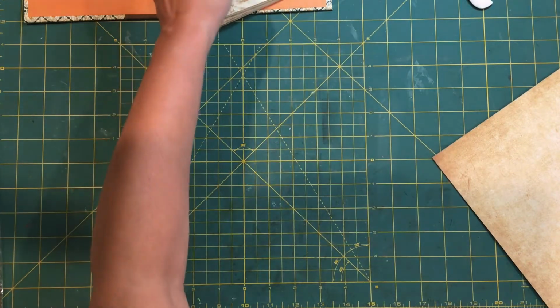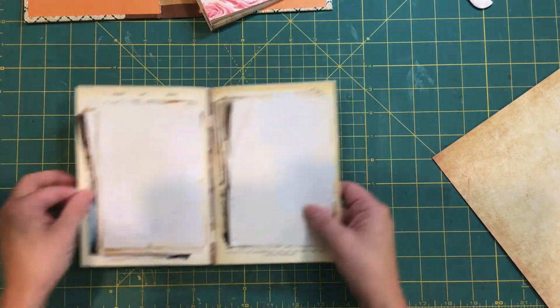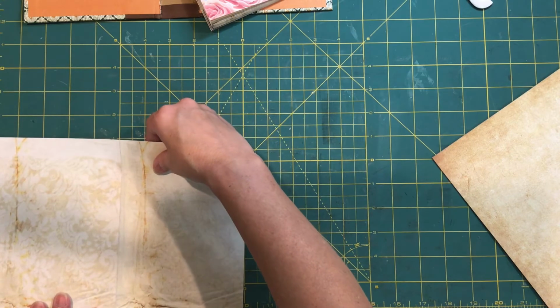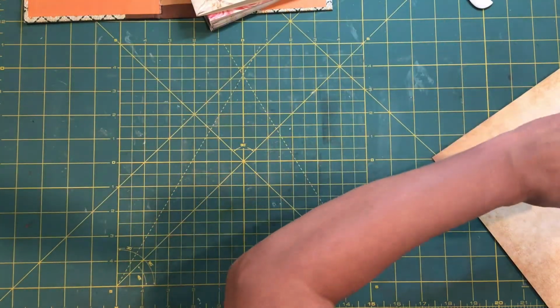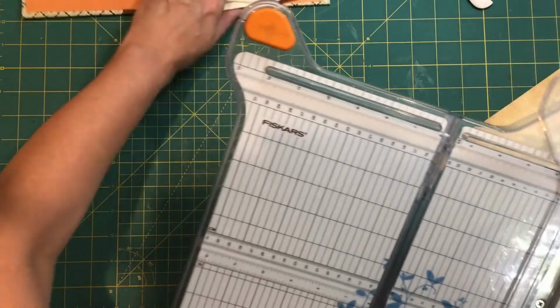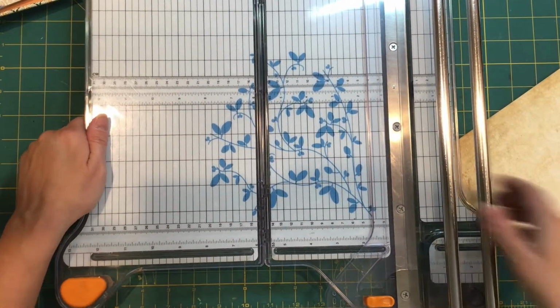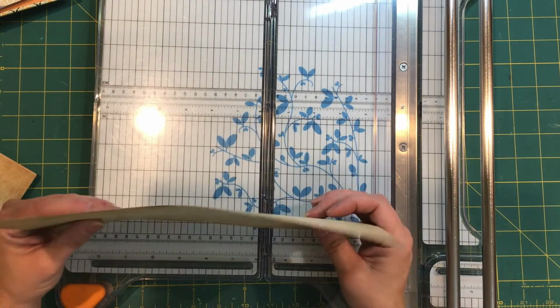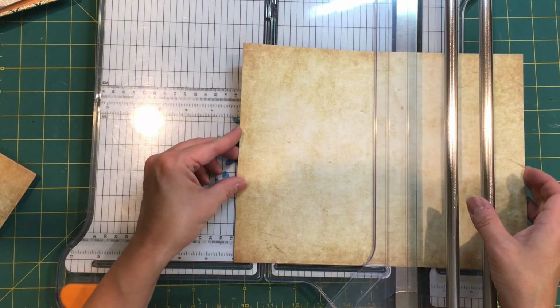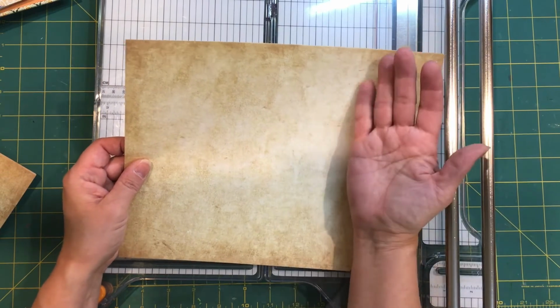We're going to have to cut this. So let's measure what these are. This is 7 by 10. So if you're using a Reader's Digest book cover, what I'm doing is 7 by 10 when you lay the full page open. Now the thing that you want to be mindful about when you're working with this paper is, if I just go ahead, I guess it wouldn't really matter, but